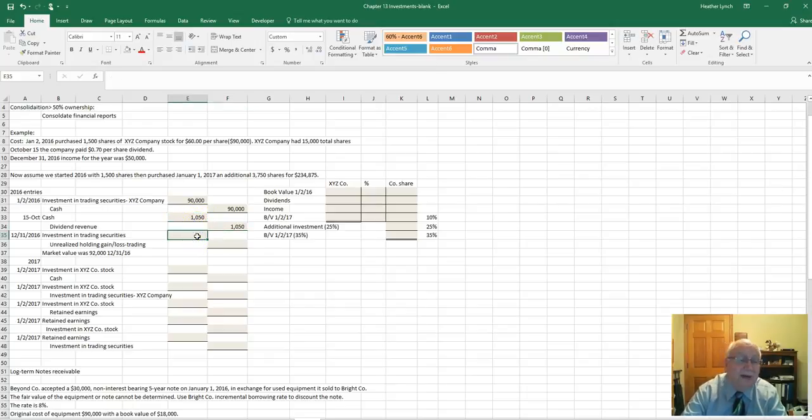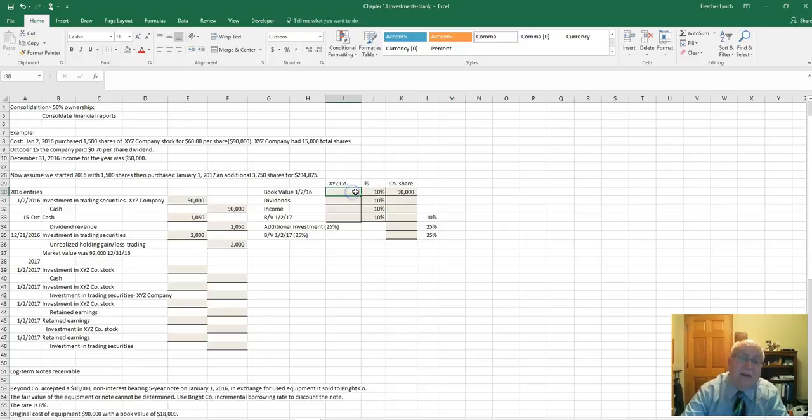Now this is a little new. I didn't add this one up above. We're going to assume a market value of $92,000. So we need to increase our investment by $2,000. Okay. Now over here, this is going to be all 10% because that's what we have here. We paid